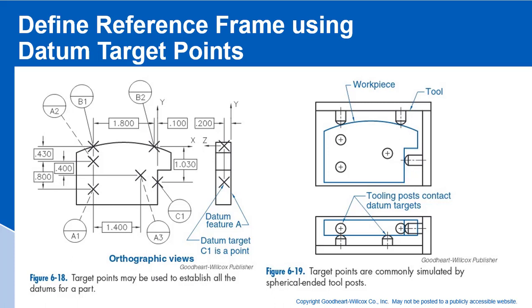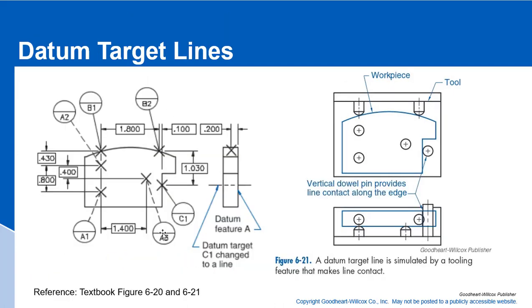Okay, now what happens when we make datum C a line, a target line? How does this vary? Let's take a peek at that. What we have here is a datum target line for datum C. At the end view, at the front view of this orthographic view, what we have here is this